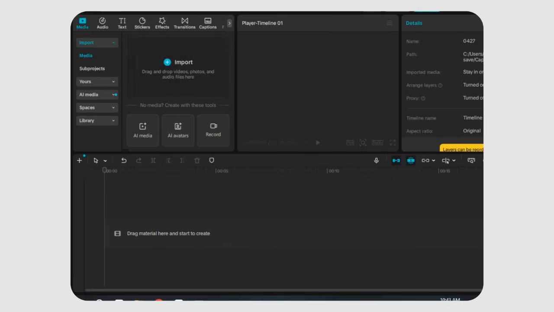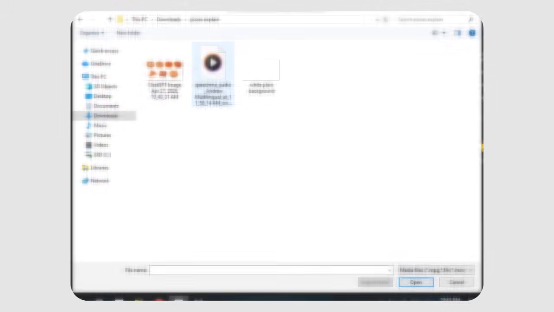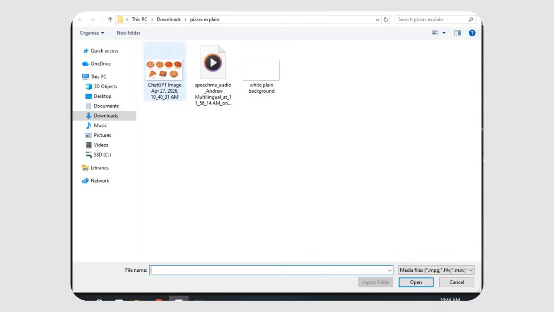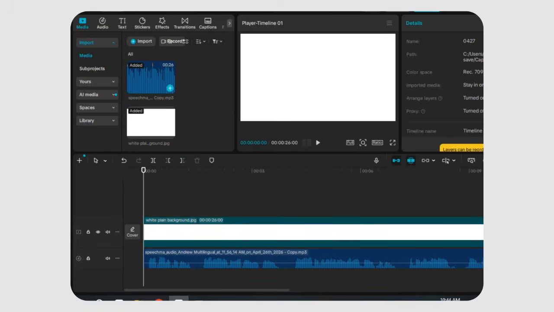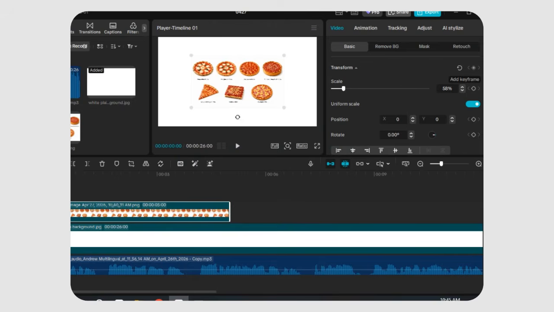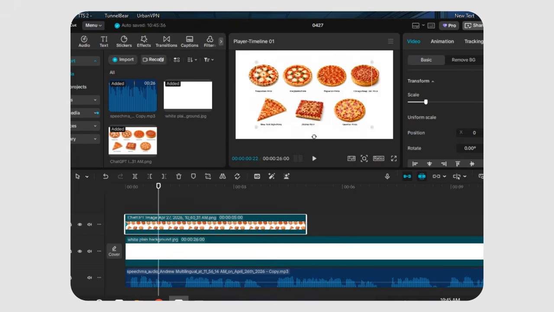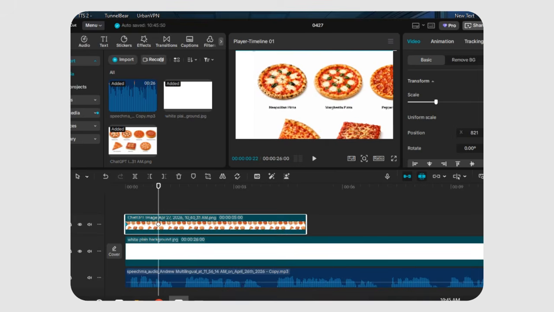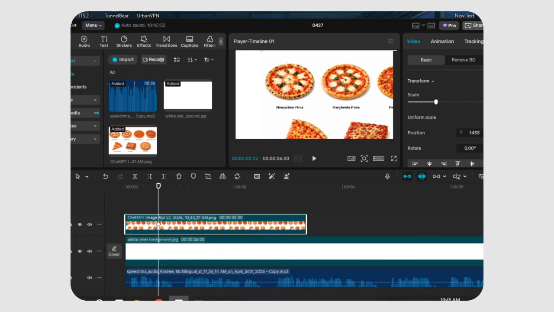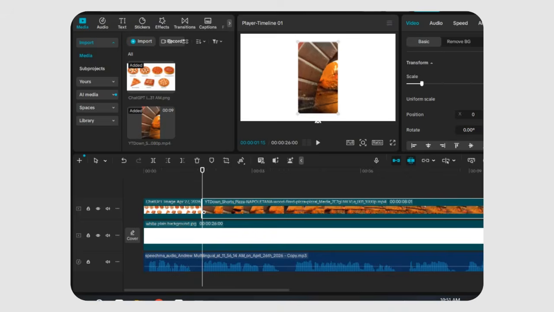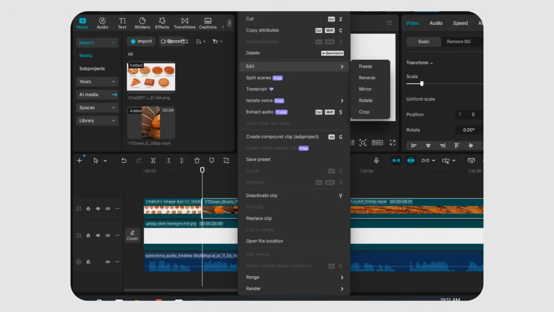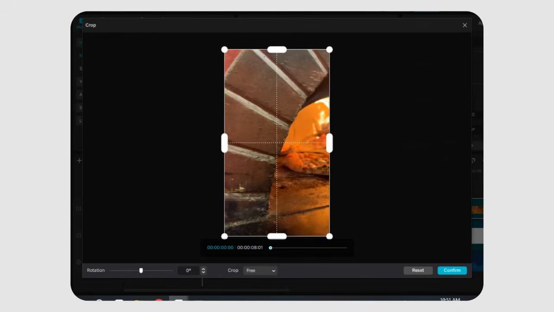I'm going to use CapCut on PC for editing. First, import your voiceover, then add a white background. You can just download one from Google. Next, add the thumbnail. Now apply a zoom in effect on the first item. Add a keyframe, move about 20 frames forward, and then increase the zoom on that same item. After that, keep adding images and videos according to the voiceover. If you need to crop anything, just right-click the clip and select the crop option, then remove the extra parts.